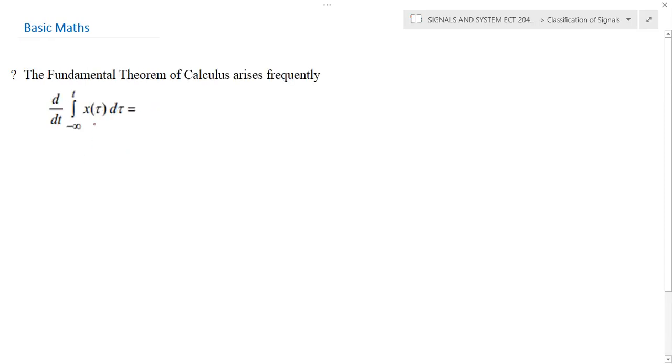Similarly, here you can see that this is an integral function, and after integrating, we are differentiating. We know that integration and differentiation are connected. So once we are integrating and then differentiating, it will be simply x of t. Similarly, there are many approaches we need to remember, and this is a very commonly used one. When there is an integration and then differentiation of the same expression, the final answer will simply be x of t.